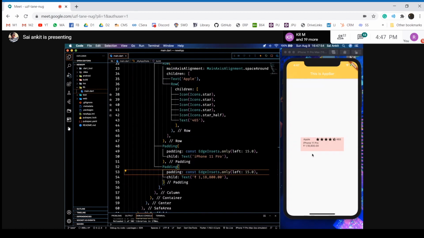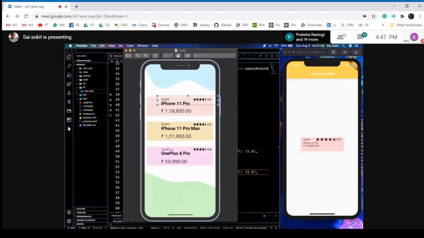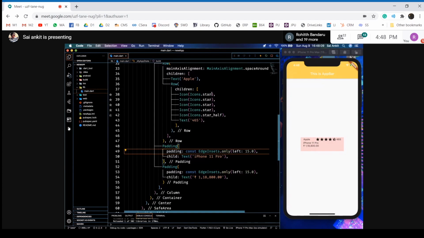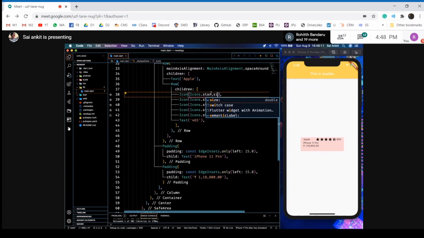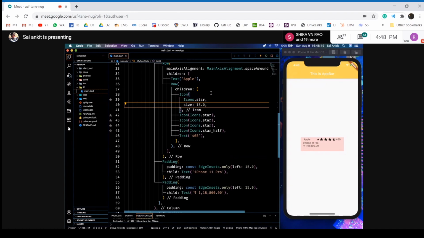Okay, so this is how you can basically build this stuff. You can customize this to be bold, this to be a different color, and so on. So you can design something of this sort. You can also decrease the size of these icons. You go into icon and then just type in size 5. I think it will be too less. Yeah, 15 is fine. So you just copy this size and you can paste it everywhere.